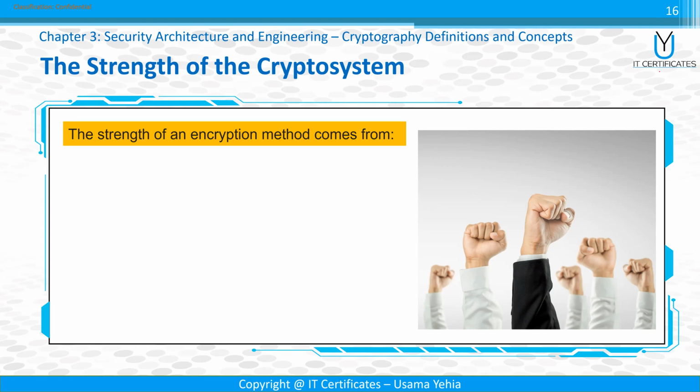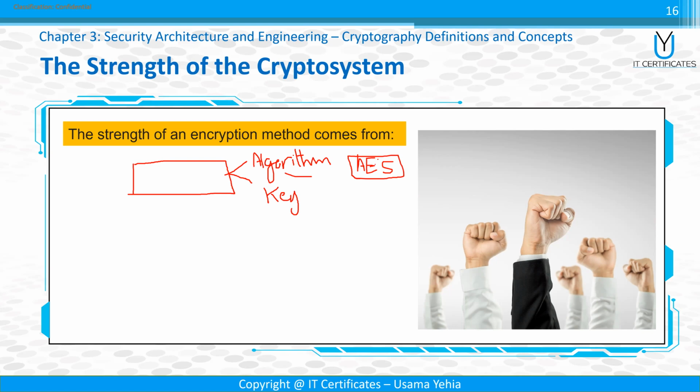Let me try to answer it with a practical example. Now I know that Abu Basil has an encrypted message and I want to read it. What are the components I have to think about? I have to think about the algorithm, and I have to think about the key. The algorithm, I don't have any problem with it, because usually he will use symmetric, mainly AES. 99% he will use AES, and you will see by the end of the training course why I am saying that. Then the only secret I have to think about is the key. I have to figure out the key. And we have a lot of attacks on cipher text if the hacker is able to get